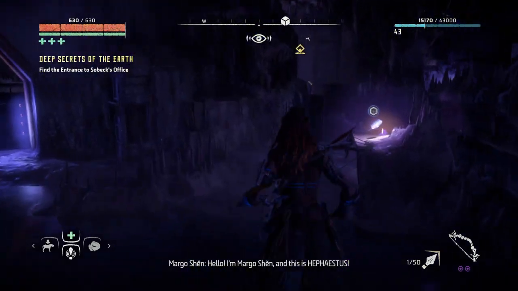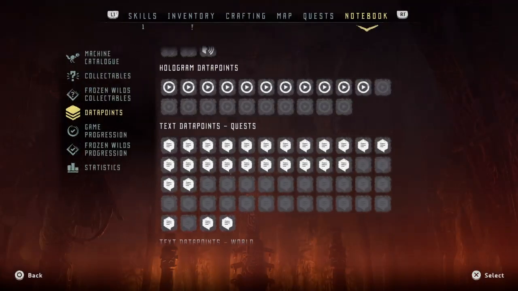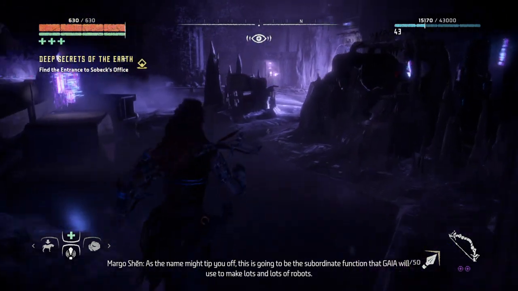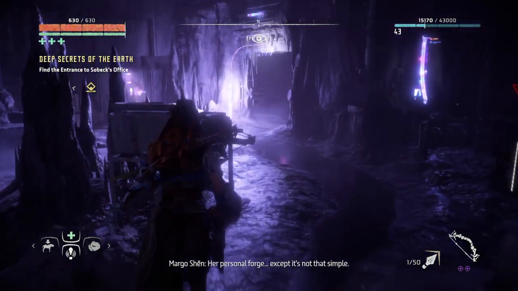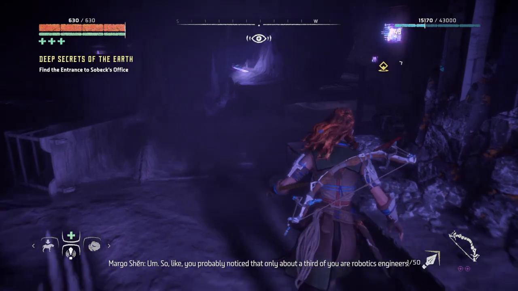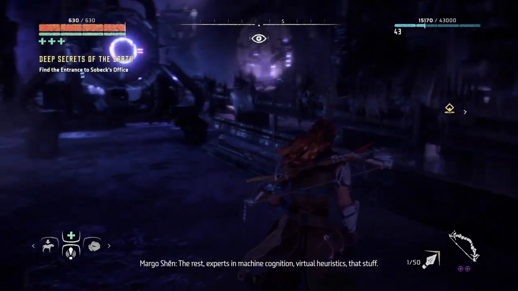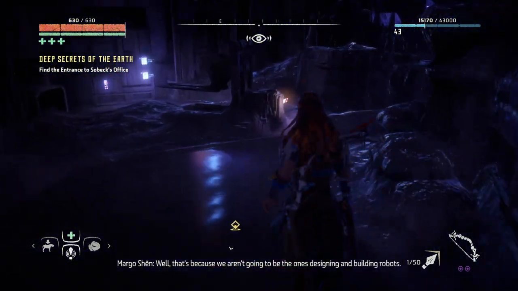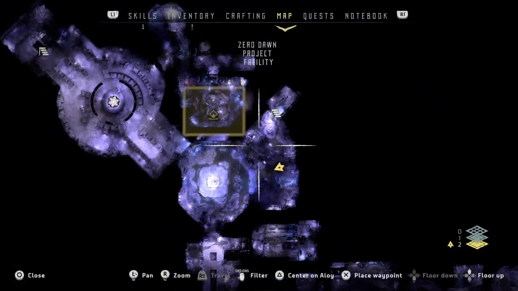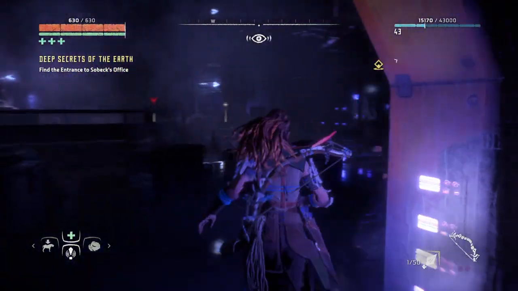Hello, I'm Margot Shan, and this is Hephaestus. As the name might tip you off, this is going to be the subordinate function that Gaia will use to make lots and lots of robots. Her personal forge. Except, it's not that simple. So, you probably noticed that only about a third of you are robotics engineers. The rest, experts in machine cognition, virtual ballistics. Well, that's because we aren't going to be the ones designing and building robots. The last thing we want is to burn...